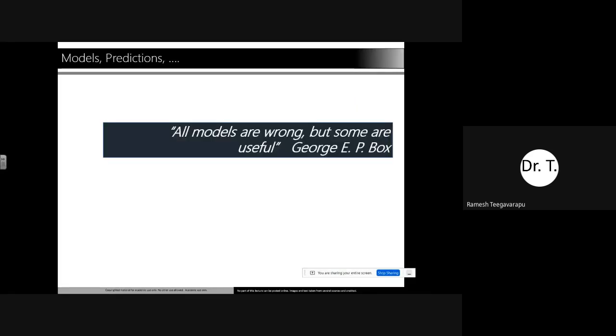The idea is that all models are wrong, but some are useful. This is from the famous statistician of the Box-Jenkins models, the very famous scientist who made many contributions to time series modeling. Whenever you develop a model, you are looking for an abstraction of the world.